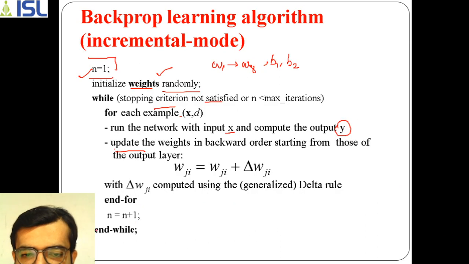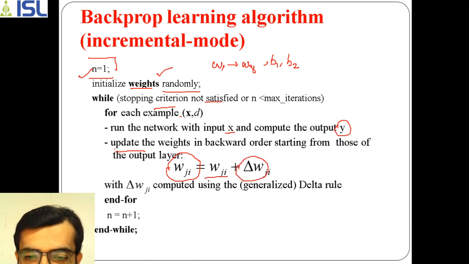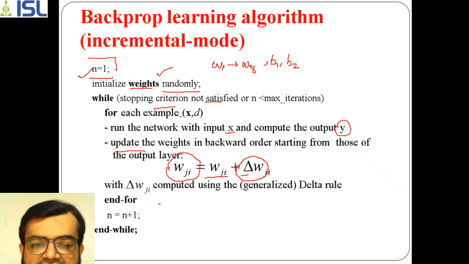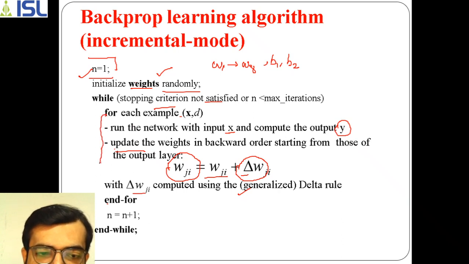Here, in the sense that it is going in the backward direction, the weights will be adjusted like that, and the updated weight is obtained by the change in the weight. This delta represents the change in the update value. It is calculated using the delta rule, and the weight gets adjusted. Up to that, this for loop executes, and this for loop is for one example.